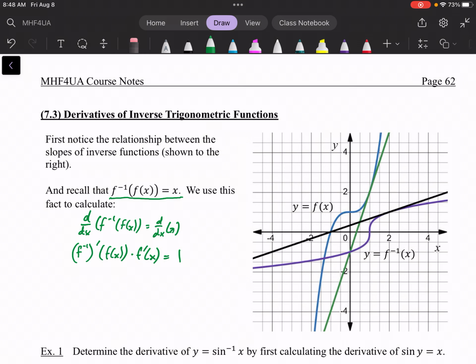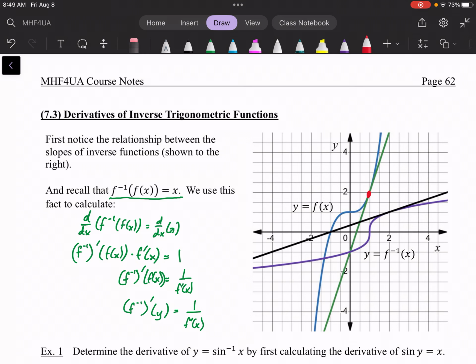And then you can rearrange this so that you can write down f inverse prime of f of x is equal to 1 over f prime of x. Or if you wish, f inverse prime of y is equal to 1 over f prime of x. So what you can see right there is,